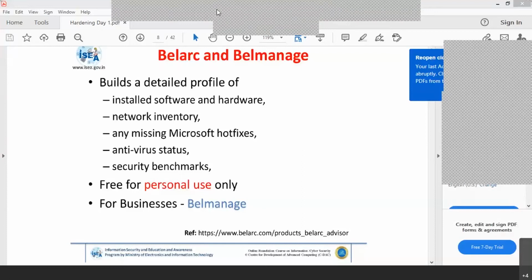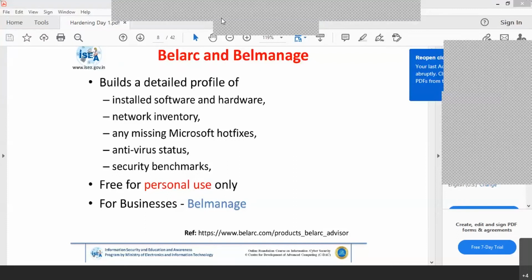Which security scanning tool can be used to audit a website, sir? Actually, there are tools: Burp Suite is there, and Nikto is there, and you can also use OpenVAS as well as Nessus. These are the tools which give you results especially for web applications.